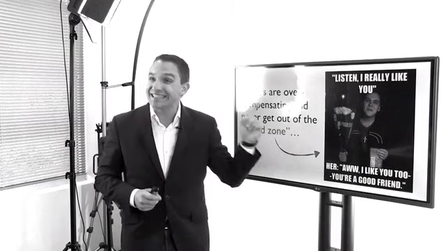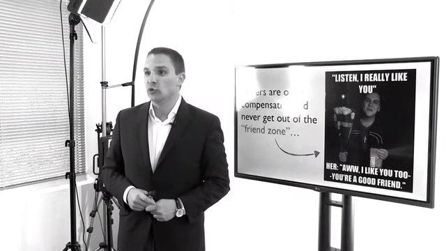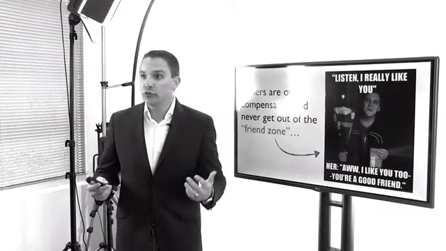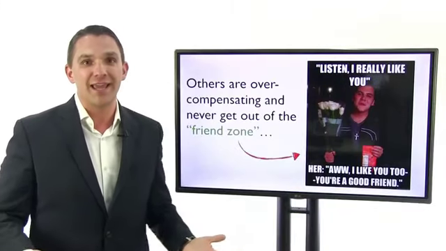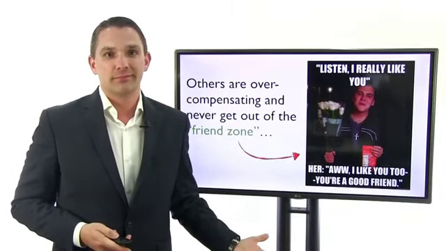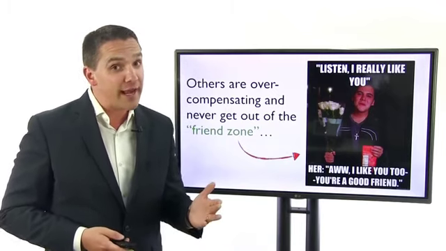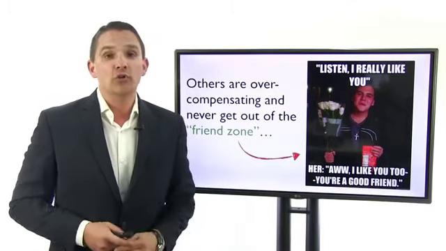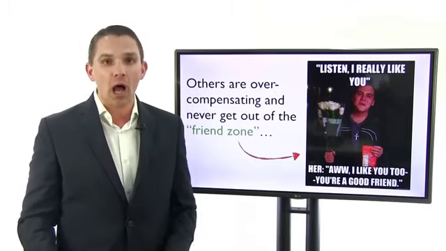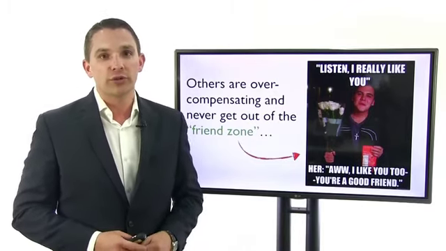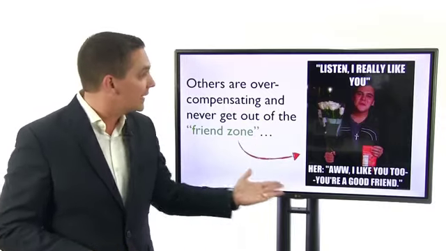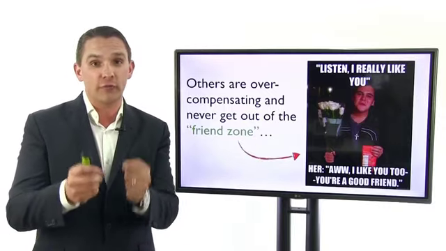And we know this because it's not how it works with ordinary human relationships. If all you do is give and give and give and you never say, hey, let's go out sometime, then they're never going to go out with you. In fact, they're going to think that you're kind of pathetic. You're the pathetic guy who's like, oh, I wish I had a girlfriend. I'm such a nice guy. Why is she always going out with the jerks? It's because you're the pathetic guy. You're locked in the friend zone.